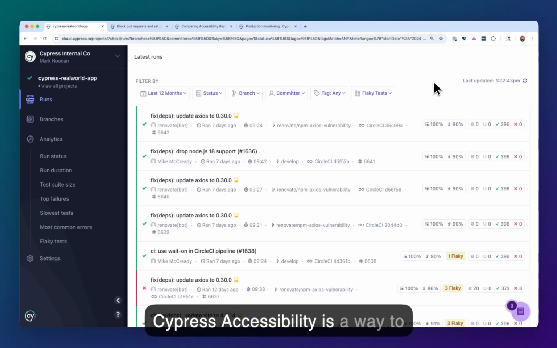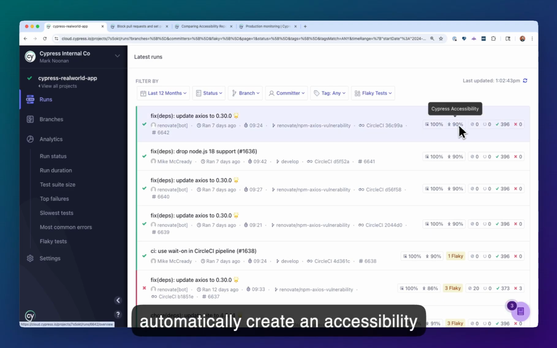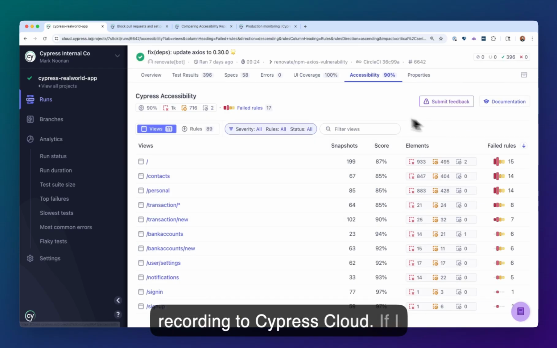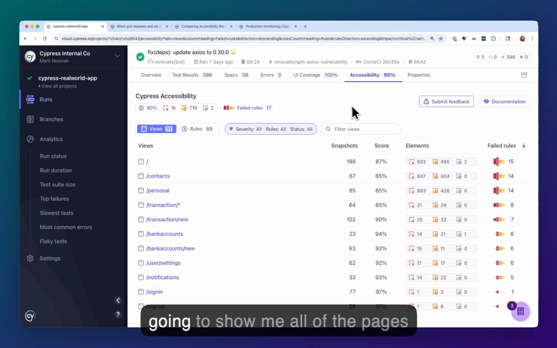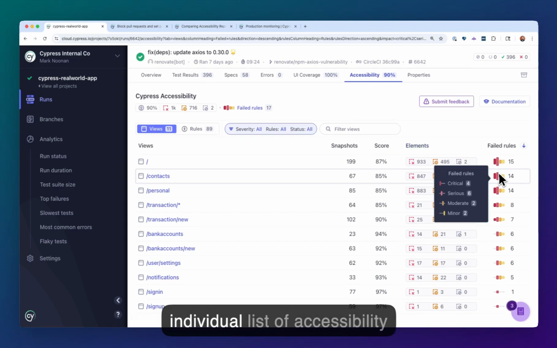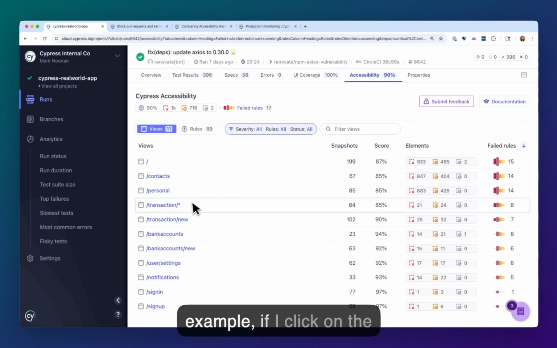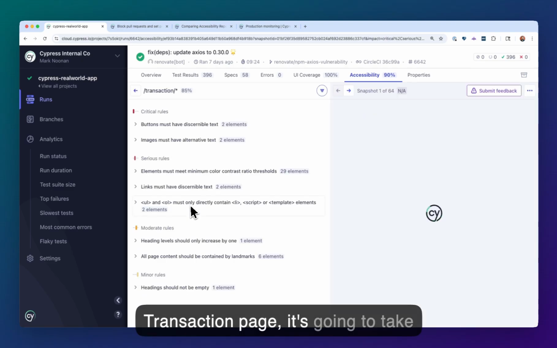Cypress Accessibility is a way to automatically create an accessibility report for every Cypress run just by recording to Cypress Cloud. If I click through to a report, this is going to show me all of the pages that were detected, or the components if we have component tests, and they each have their own individual list of accessibility violations that can be reviewed. For example, if I click on the transaction page, it's going to take me through and